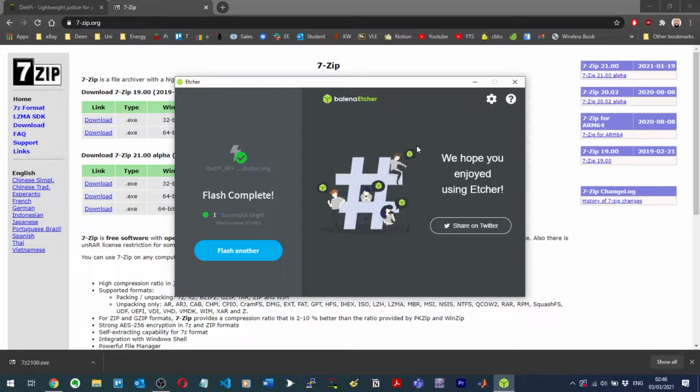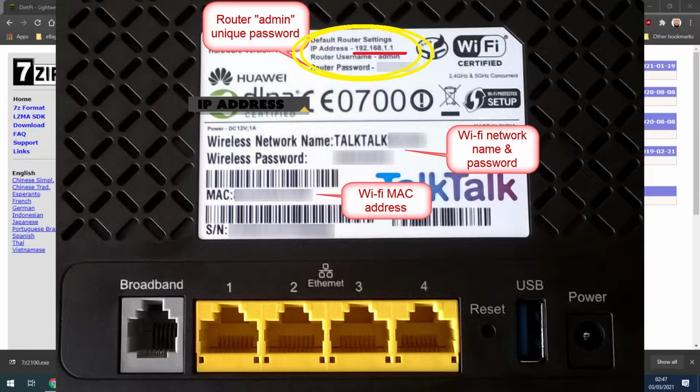Okay, so now we need to find the IP address of the Raspberry Pi, and there's multiple ways of doing this. You can use something like an IP scanner, but the way that I'm going to go with is probably the best, considering some of the later steps that we have to do anyway. So we're going to access the router's or your modem's web interface. If you don't know what that is, don't worry, it's not too complex. Basically, on your router you have a sticker and it looks like this. You're looking for the IP address, which is often, for example,